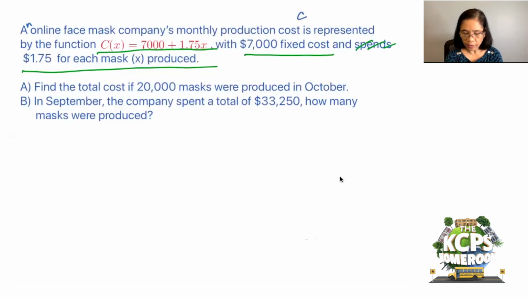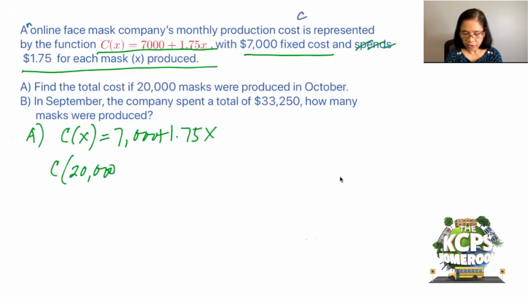So if our C of x is equal to 7,000 plus 1.75x, and when x is 20,000, that means our function notation is C of 20,000 is equal to 7,000